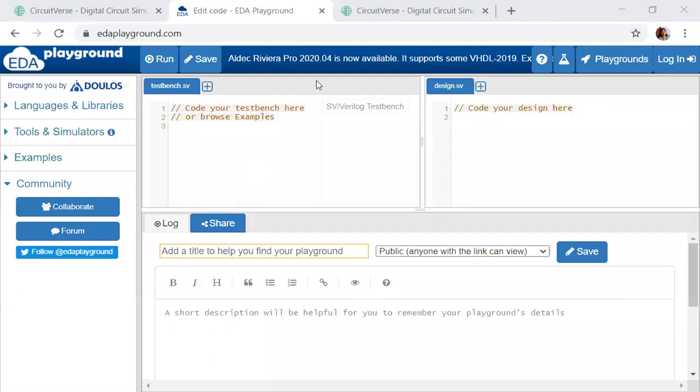Now coding for demux you can do using any of the modeling styles. I'll do using the data flow model because I have the expressions. Module demux. Now what are the inputs and outputs? List only the inputs and outputs in the module. So my outputs are Y0, Y1, Y2 is one output, Y3 is one output. Then I have my input D in, then I have my select lines S0 and S1. That's it.